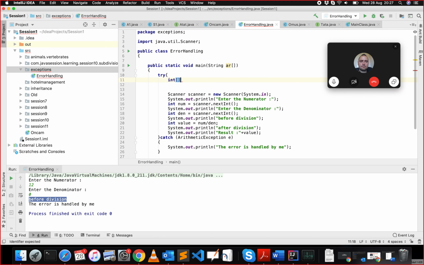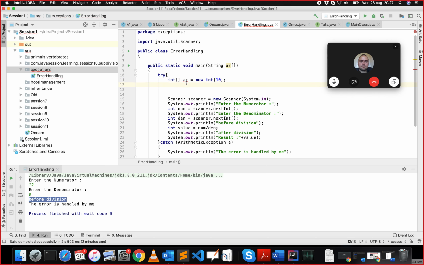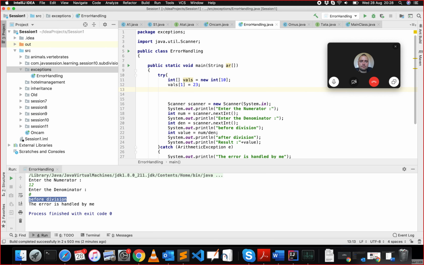Int. Okay. Now what I've done is I've created an array which can have 10 values. Now, say for example, I'm trying to do this, okay? This is a perfectly valid statement, okay? So this is perfectly valid, but this one,